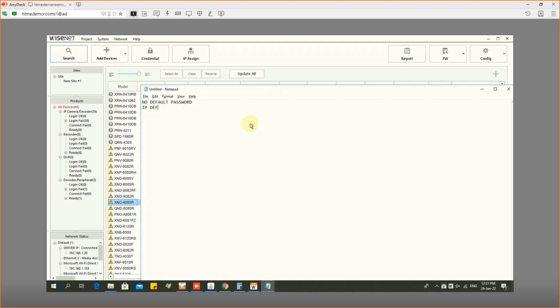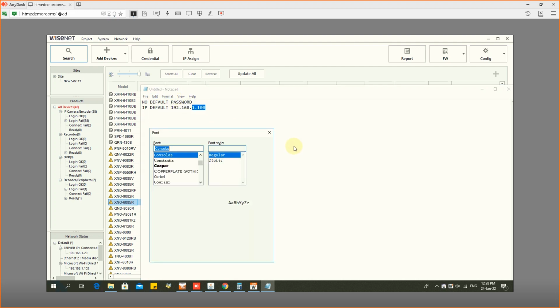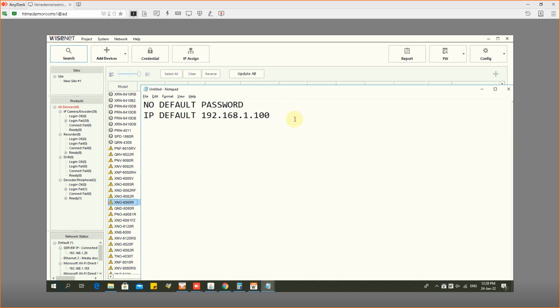IP of the camera default will be 192.168.1.100. This is the default IP. Okay. The default IP, if you have, if DHCP is there, sorry, if DHCP or there is a server providing